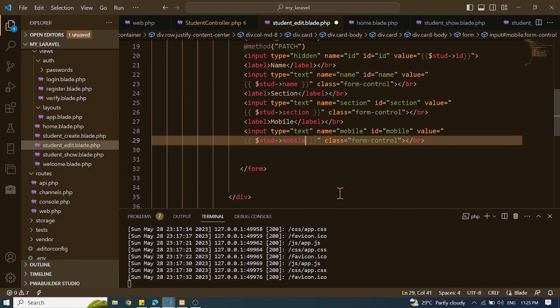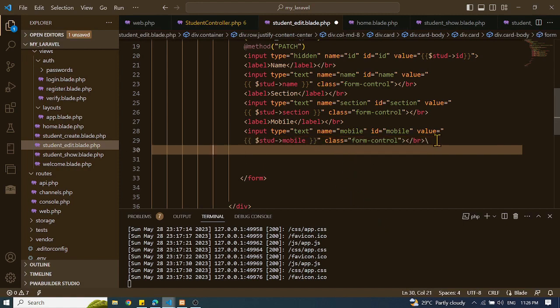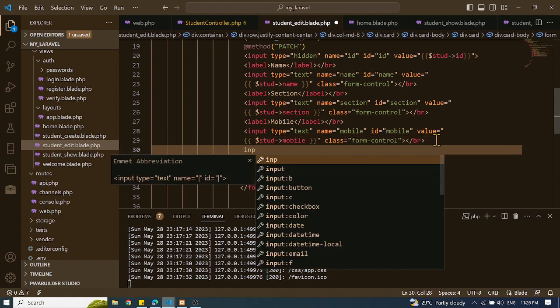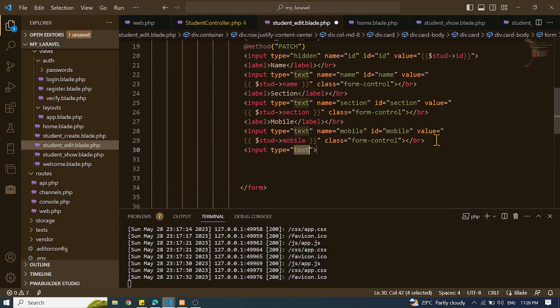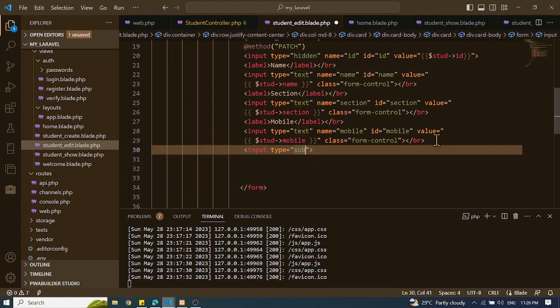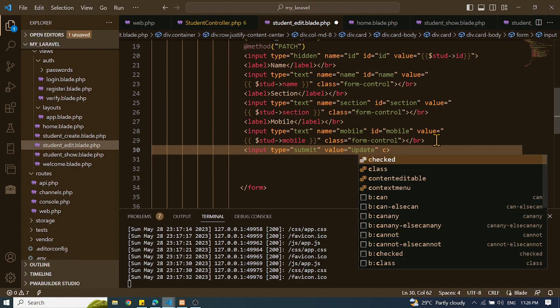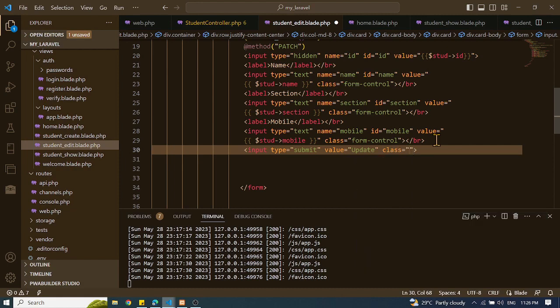Okay, so mobile, and then another input here, input, and it's a submit. Okay, let's put a value, update. Okay, this one is the update button, and then yung class natin,